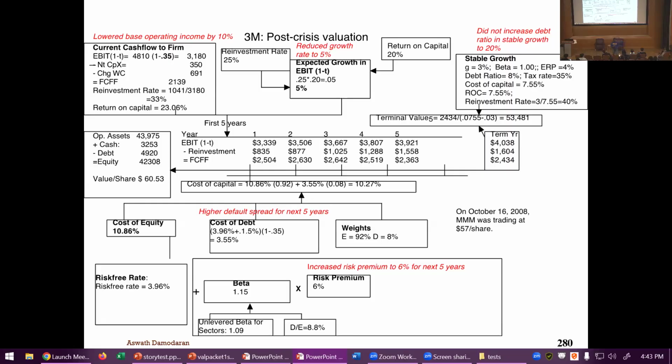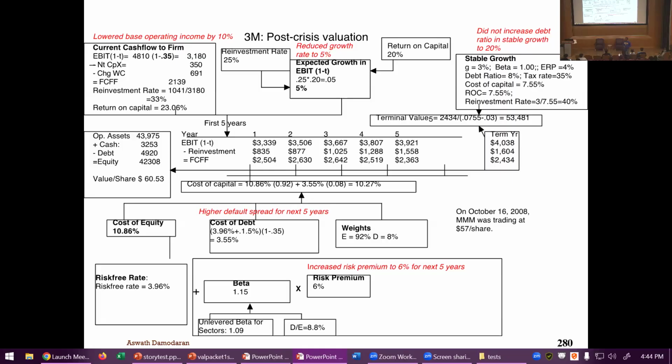Put in today's S&P 500. You're going to get a higher equity risk premium. Put that in, update your valuation. It'll keep your head above water here. Don't panic. Don't throw things into the dustbin saying it's a crisis, no point valuing companies. But I wanted to bring out this 3M valuation simply because it shows you what a crisis can do to your valuation, even though the numbers didn't change.